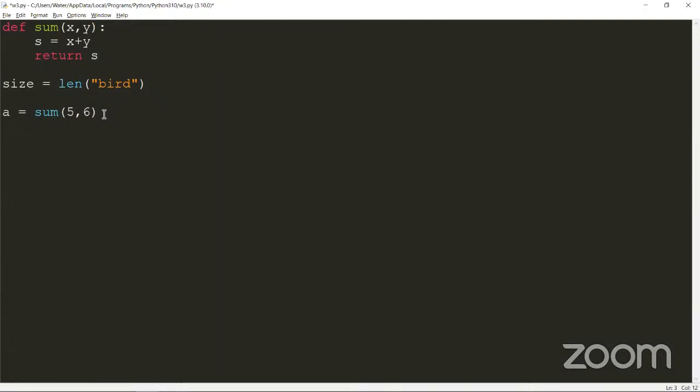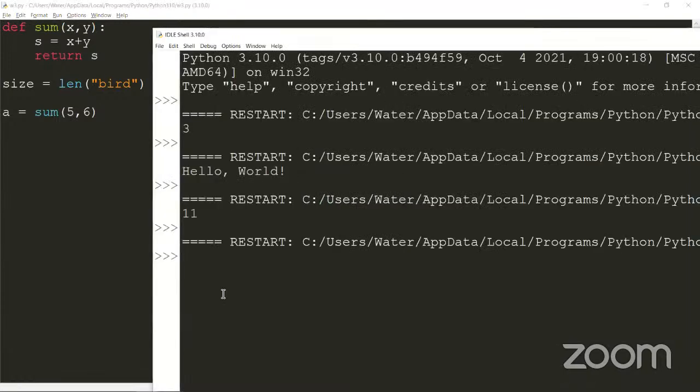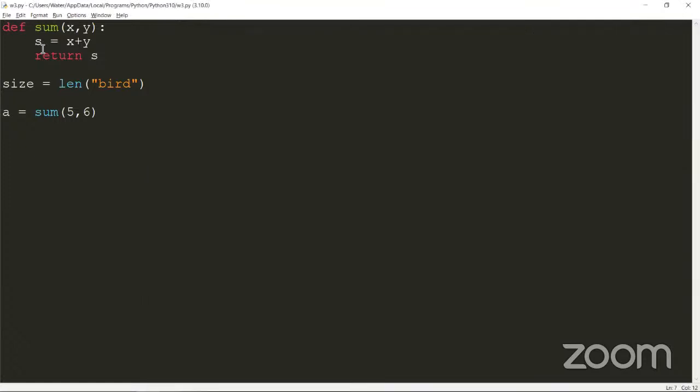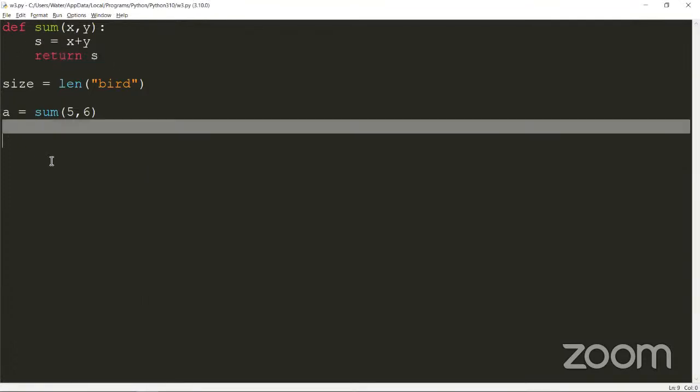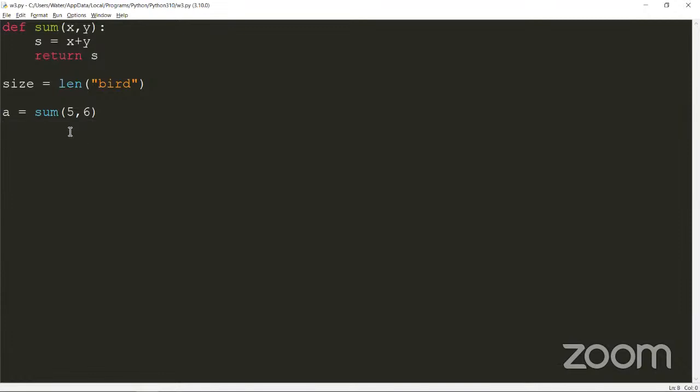Now, nothing is getting printed, by the way. Before, we had a print statement inside of sum, so if we called sum, it would have printed something in the console. But nothing is going to get printed in the console because there's no print statement getting executed inside of sum, nor is it getting executed out here. But